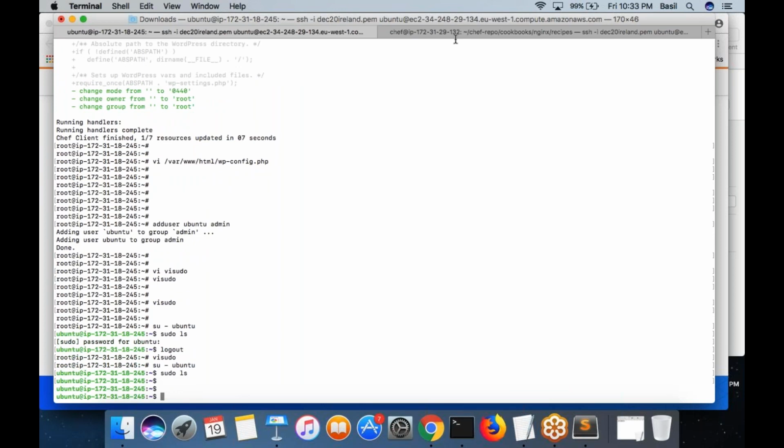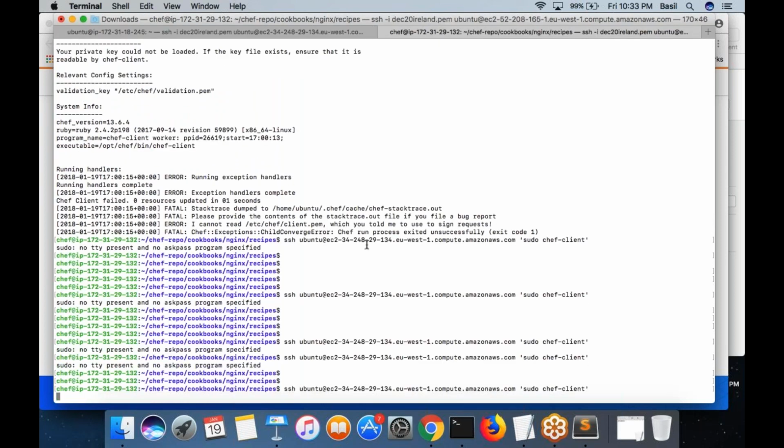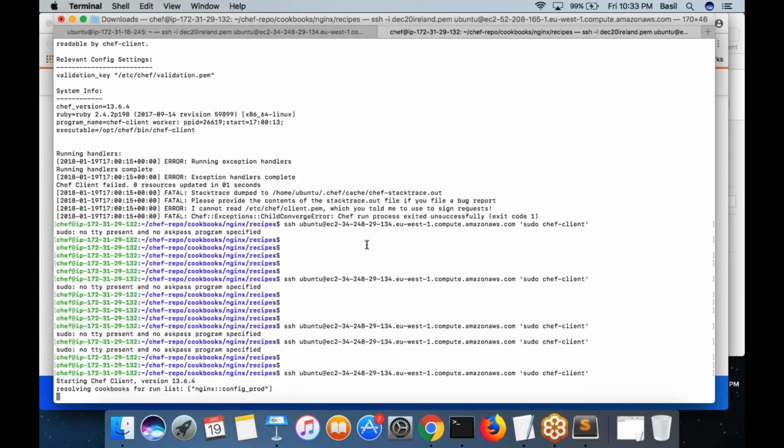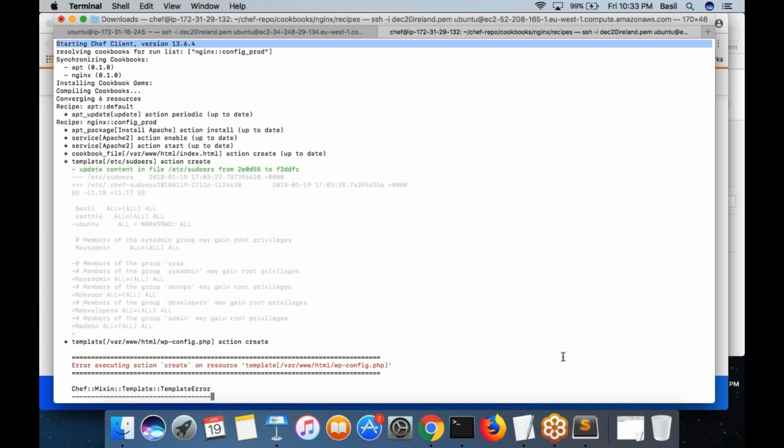Okay, this time it should work. So nothing, actually, I messed up my sudoers file. Something was wrong. So this way you can run the ssh command sudo chef-client on the remote machine.